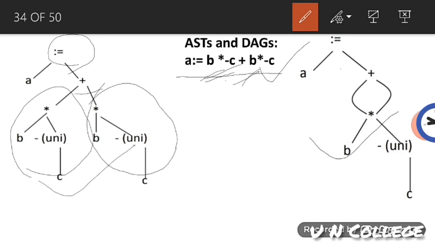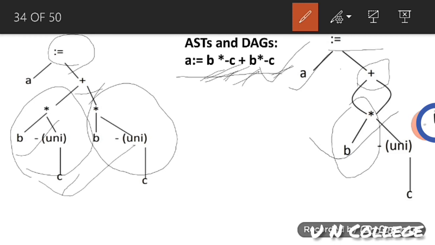But when we are using DAG, what will happen? We are using the same plus here, and A is the resultant variable, no problem. But you can see here we have used the plus symbol, and at the left side we have used B. Here you can see that we are using B and minus C also. But here, as C is used here and C is used here also, it means that minus C is used in two cases.